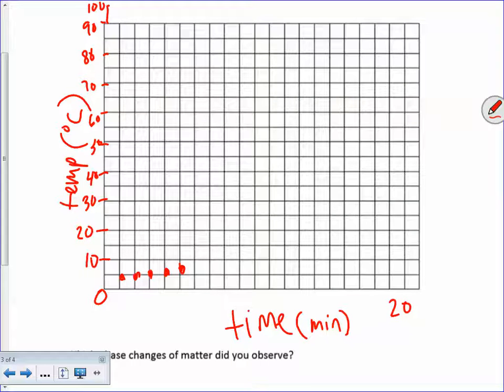Then eventually all the ice melted, and this is when we probably saw our temperature going up 10 degrees, 25 degrees, 35 degrees. I'm just making up some points here. 50 here. And then we're way up here, right? And then at the end of the thing, we started to see the temperatures level off right around 100 or so